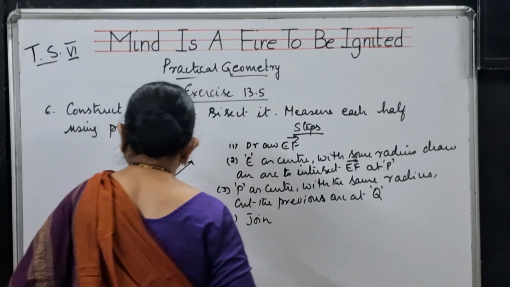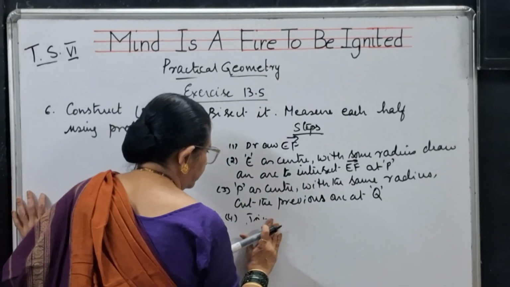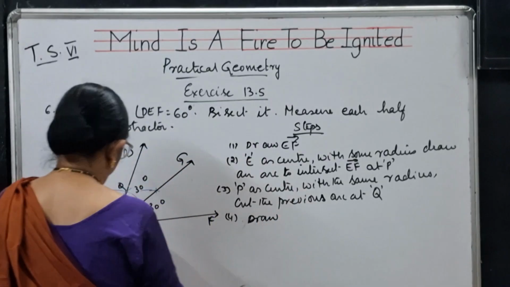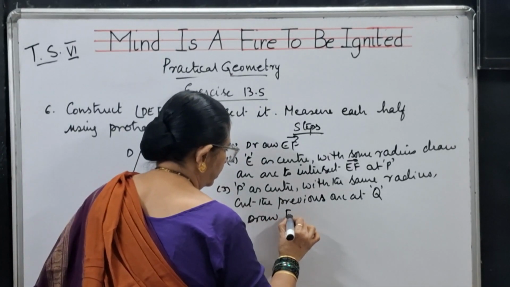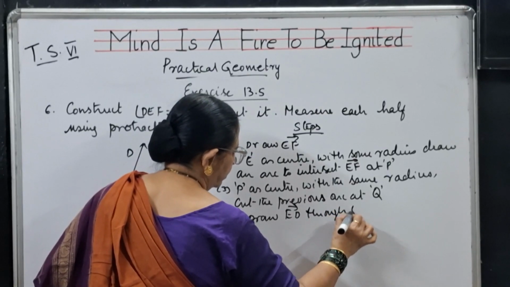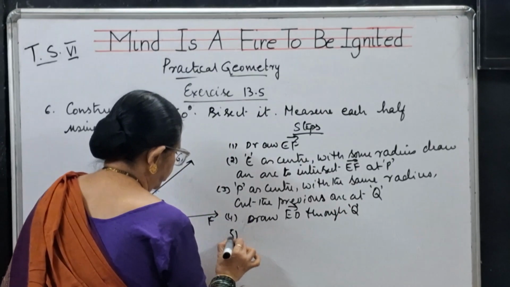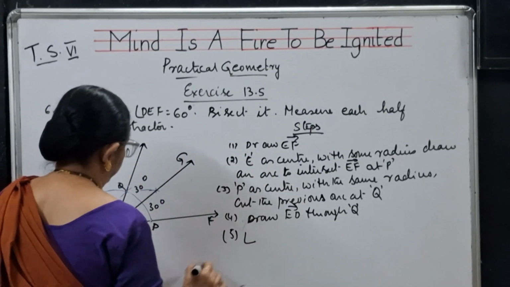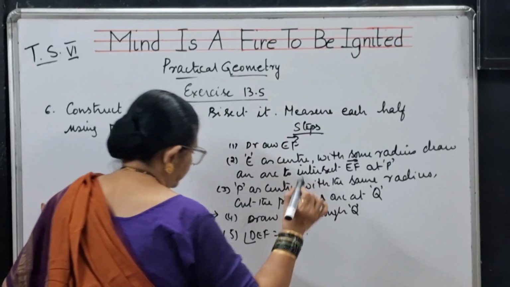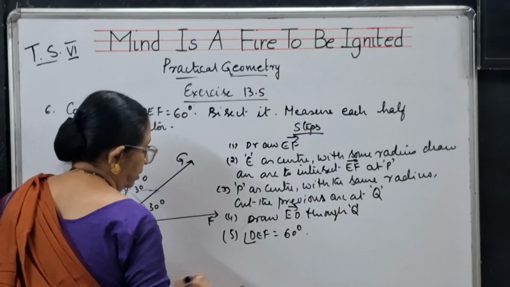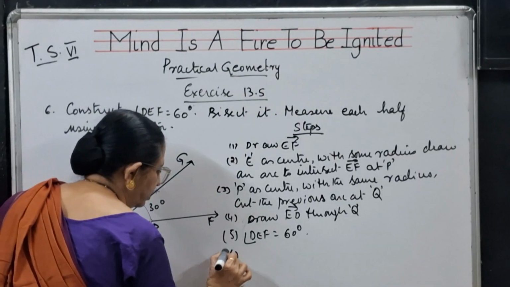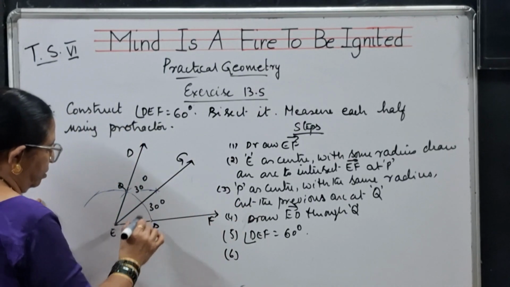And fourth one, draw ED ray through Q. Fifth point, angle DEF is equal to 60 degrees. Then bisection. How will you write the sixth one? Bisection,